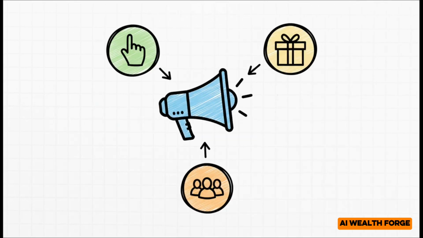The best CTAs almost always combine these 3 elements. You need a clear, direct command, subscribe now. Then, a value proposition, a what's in it for me, for more AI strategies. And finally, you add a sense of community or urgency. Join us before the next wave. It's that simple, but it's also incredibly persuasive.